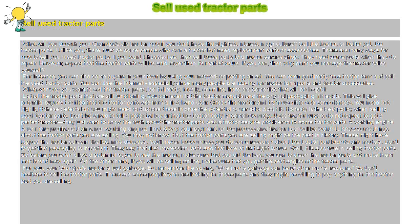For instance, you can find some buyers in your town by using your network or posting an ad. You can even go directly to a tractor farm and sell the used tractor parts. You can use the internet, especially since many people are looking for tractor farm parts and tractor accessories. Whatever way you want to sell the tractor parts, be it directly, locally, or online, here are some tips that